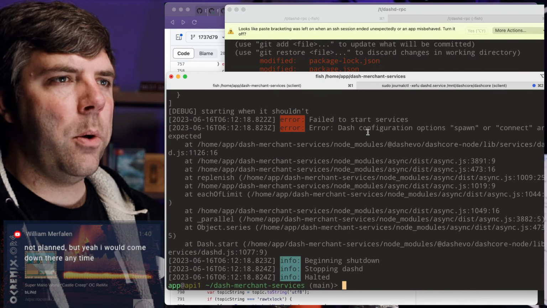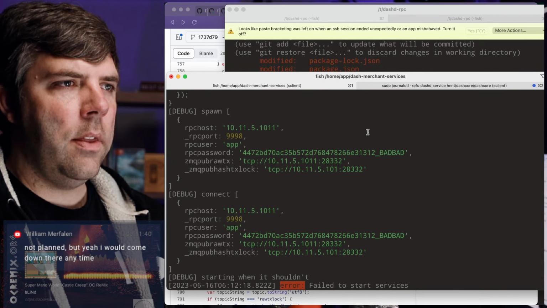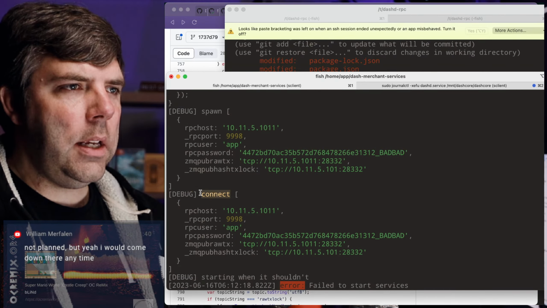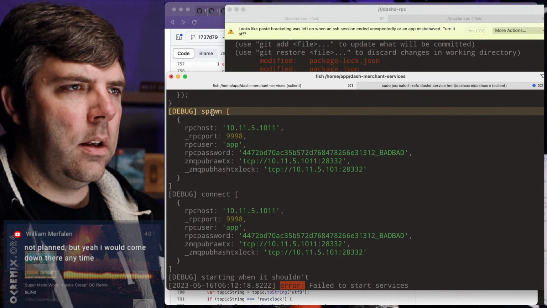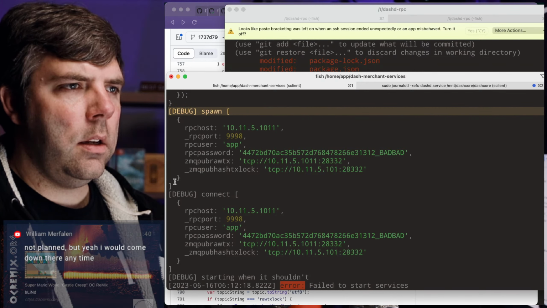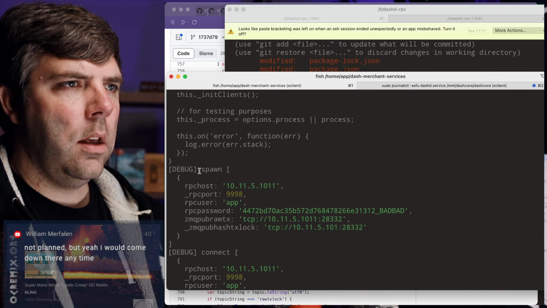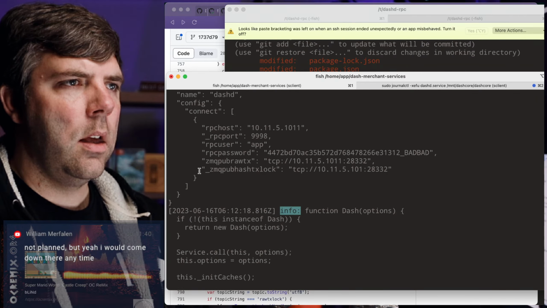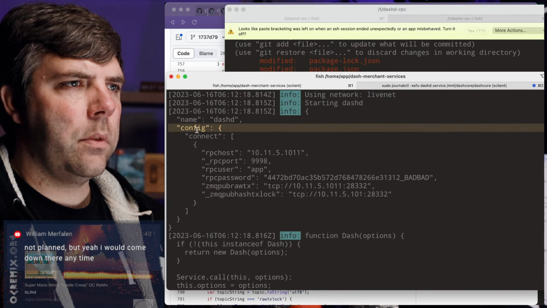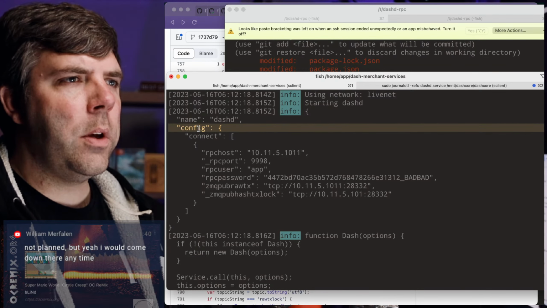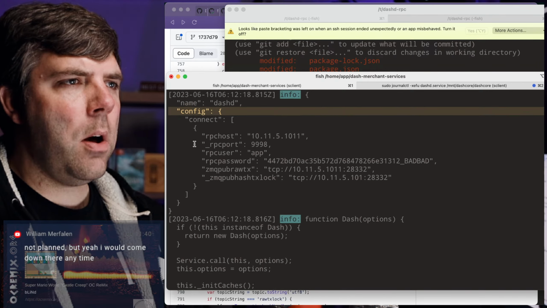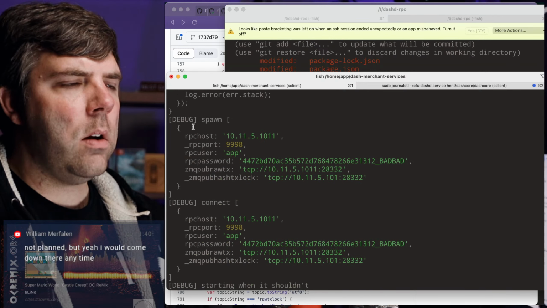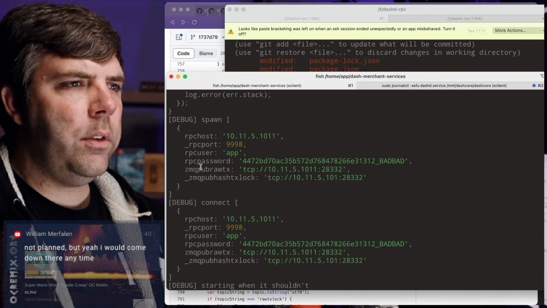I think that I exposed a bug in the logic. Because you can clearly see here in spawn... So config should have been passed through to spawn. No. I think I'm logging out the config. I'll have to go check.